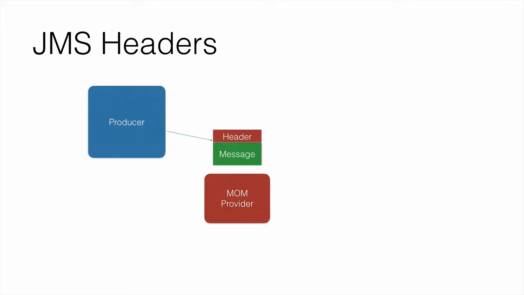What are JMS headers and what are the various JMS headers you are aware of? Every JMS message includes message header fields that are always passed from the producer to the consumer. The purpose of these header fields is to provide or convey additional information to the consumer outside the normal content